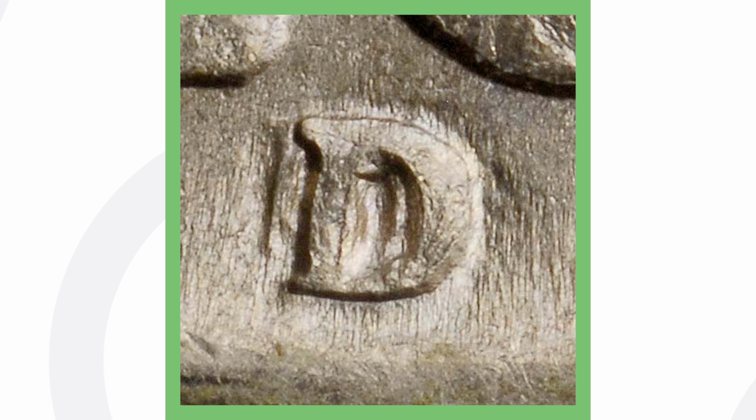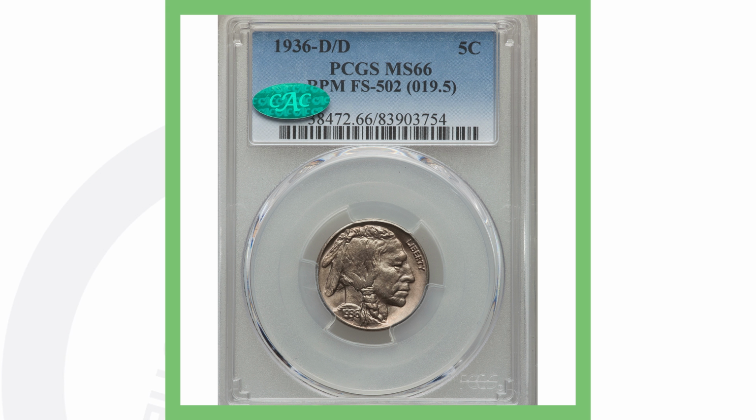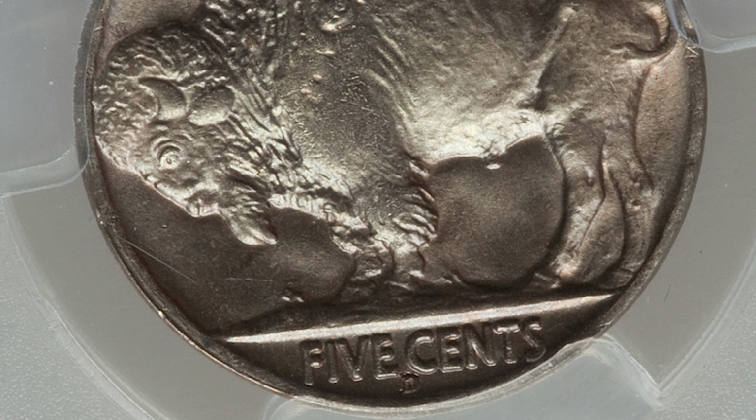Now another thing to look for on the buffalo nickel is a repunched mint mark, and we're going to get more into that in just a second. This is a Denver minted repunched mint mark. If you look to the left of the D and there in the middle of the D, you can obviously see that the D has been repunched. Now that will give the coin a little bit of value. Here's an example of a 1936 D that has that repunched mint mark, and this coin sold for over